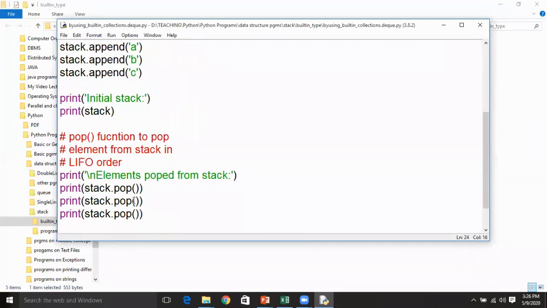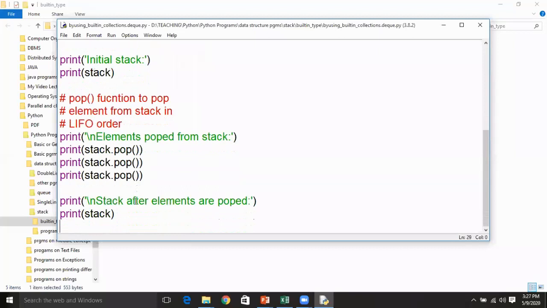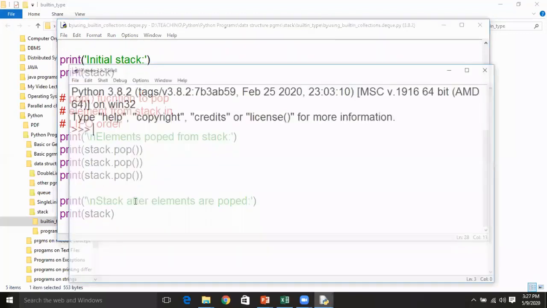We are popping them sequentially, and after popping all the elements, the stack will be empty. If you try to display the stack, it should be empty. So let us execute this program.